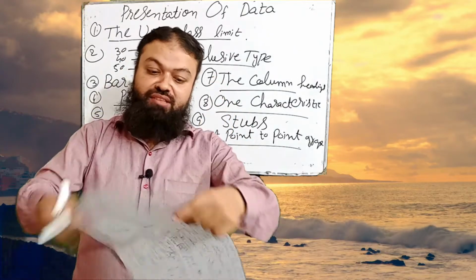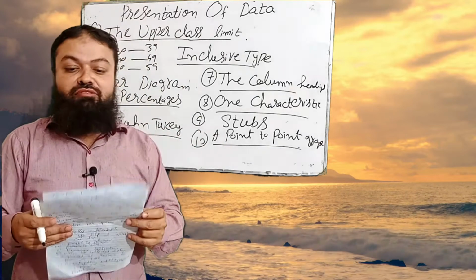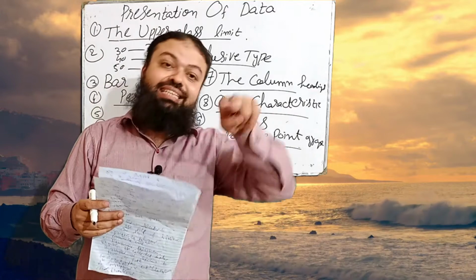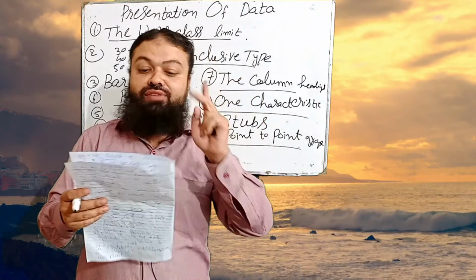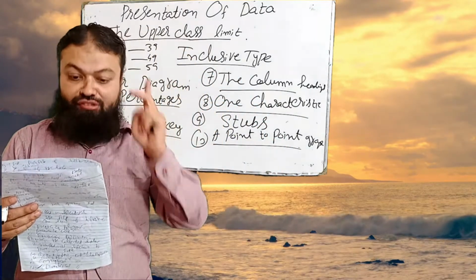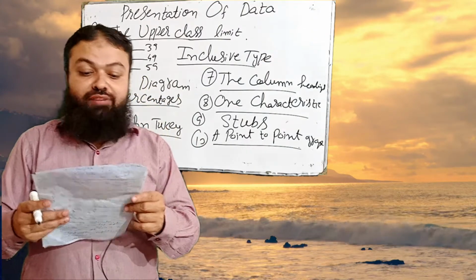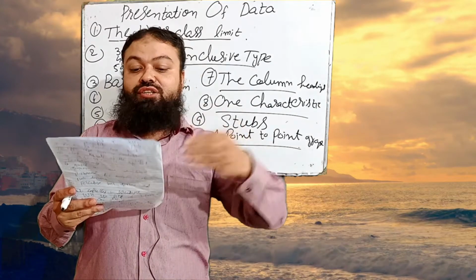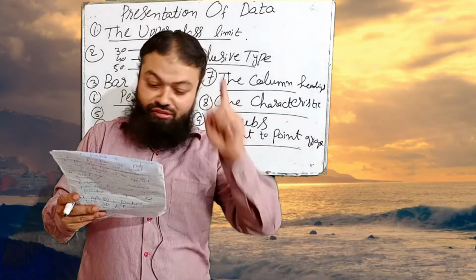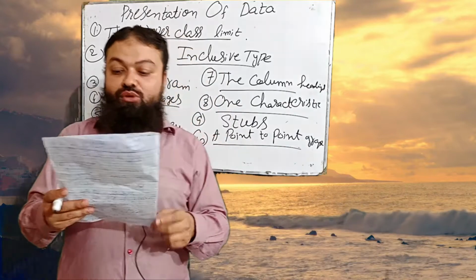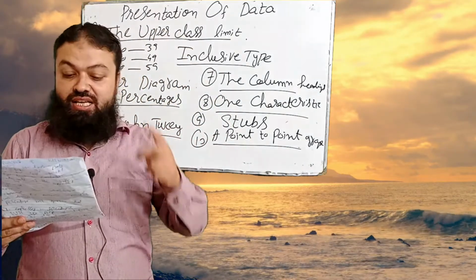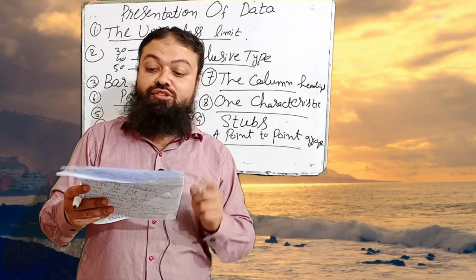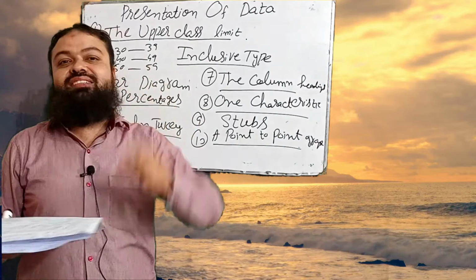Number 17, which of the following is not true about histograms? The bars must touch each other, it is correct. The width of each class must be the same, it is also correct. A histogram for a given set of data may be symmetric or skewed depending on the selection of class width and boundaries, it is also correct. The fourth one is histograms may have gaps and clusters, it is also correct. The fifth one is not correct, and that is histograms may have categorical data.